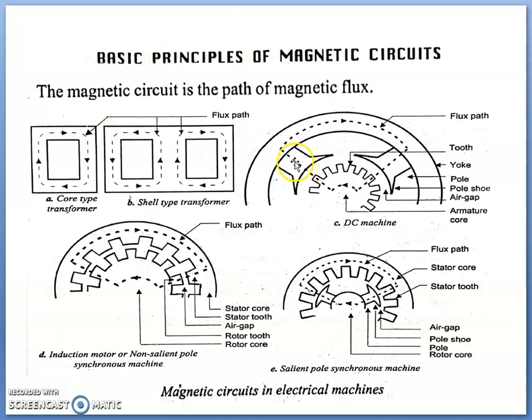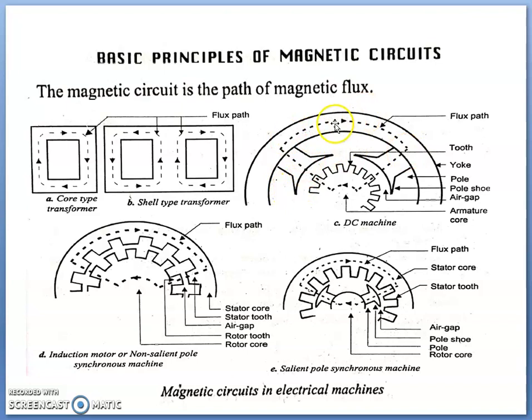In DC machines, the outer part is the field system and the inner part is the armature system. The outer part, or field system, will have a salient pole structure. So the poles will be there, and they will have the coil at this portion, and that will establish the flux. Magnetic flux will be available at this pole arc. Actually, this is the air gap. Magnetic flux will be available in this air gap.